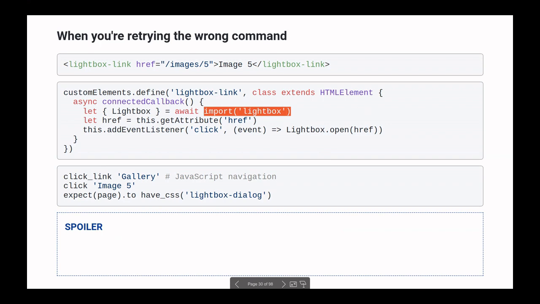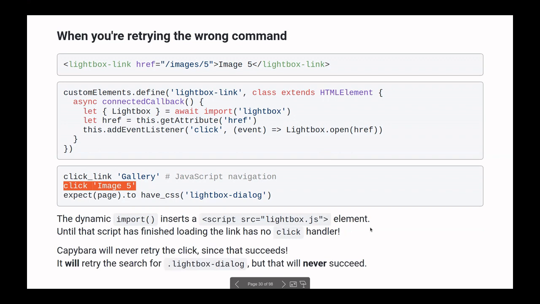And while this JavaScript is loading, Capybara may already click on the link, and the click handler has not been registered yet. So there is this window where the element is already in the DOM and we can interact with it, but it doesn't do anything when clicked.